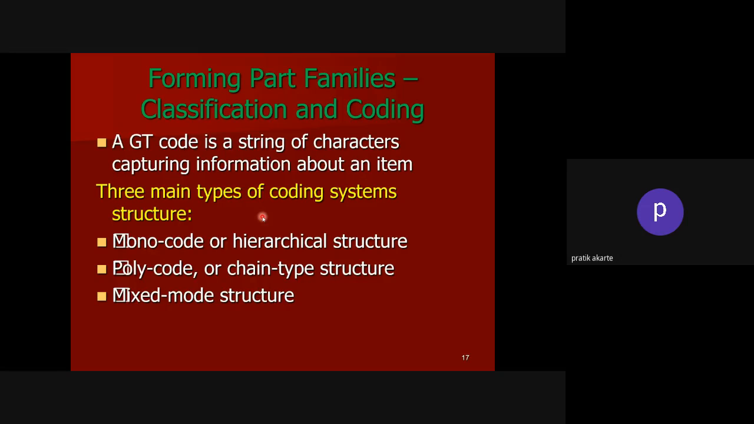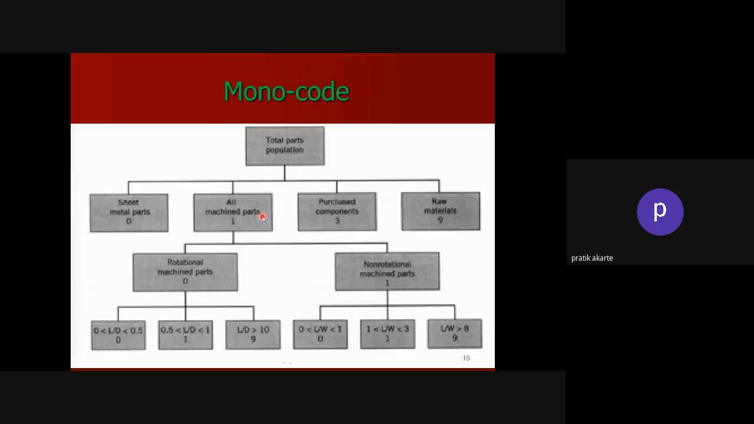Let us see one by one what is monocode, polycode, and mixed code. So in monocode, this is your total part product population. Now, apart from your total parts, some of the parts are the sheet metal parts. It requires sheet metal processing. So if the parts are sheet metal parts, then we assign a number or digit 0 to all those